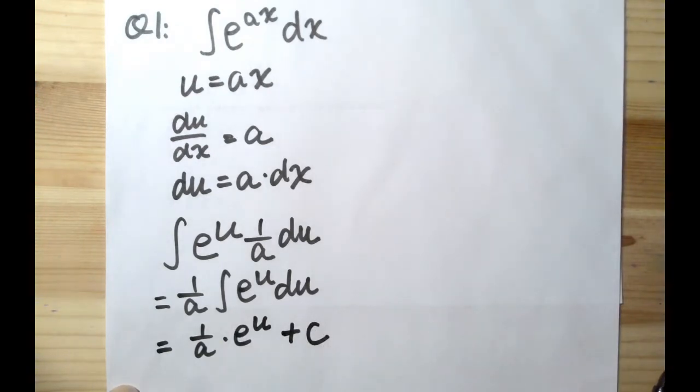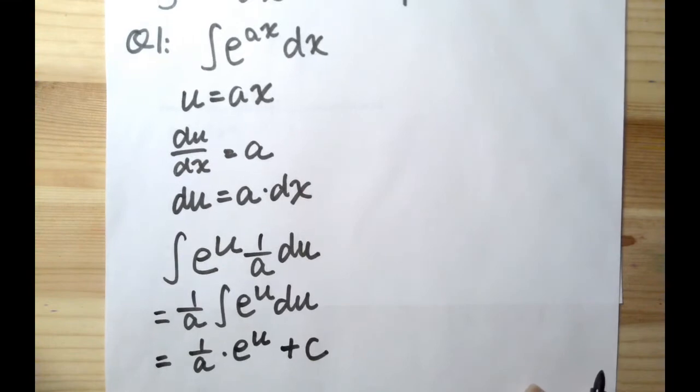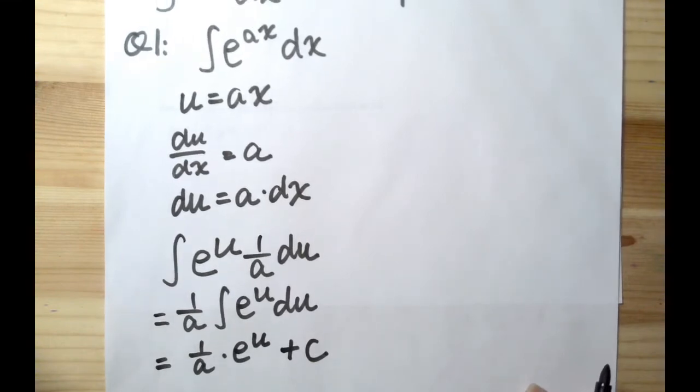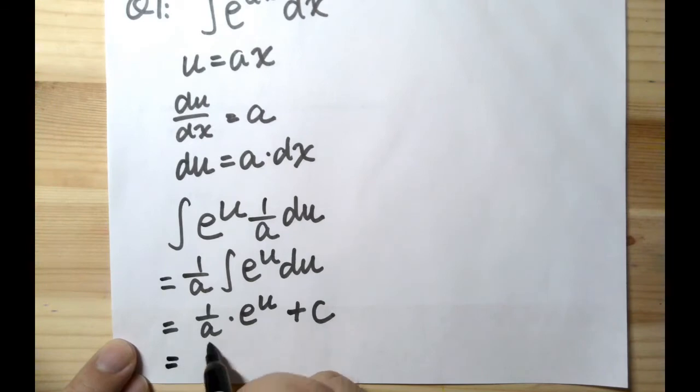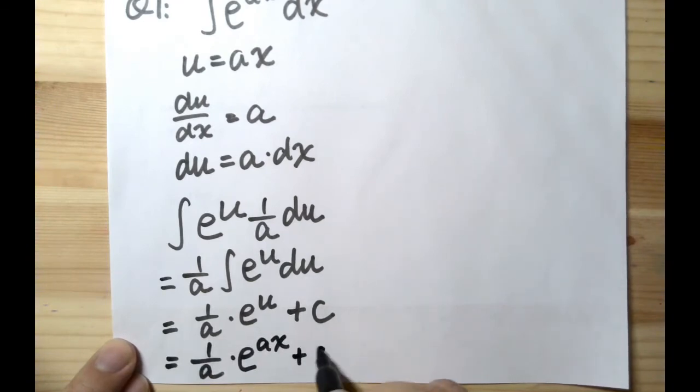So, our final answer should be a function involving x instead of u, because we want to make a u substitution to help us solve the problem, but at the very end, we should substitute u back with ax. So our final answer here should be 1 over a times e to the power of ax plus the constant